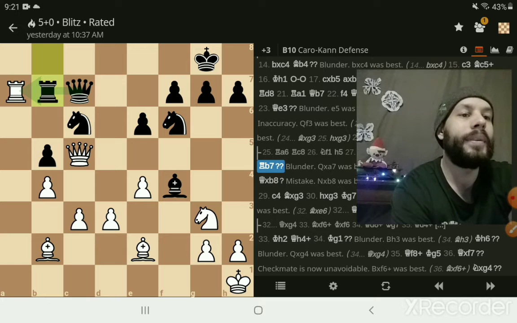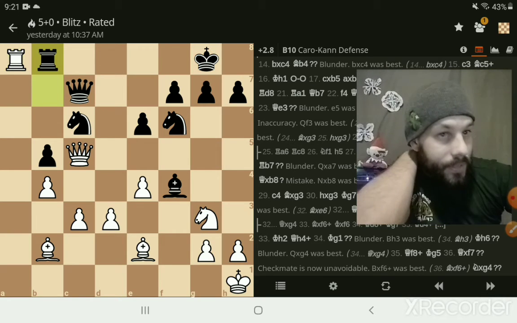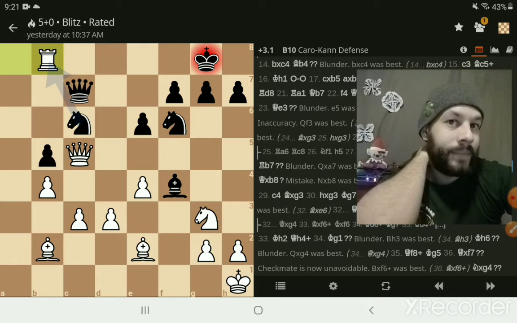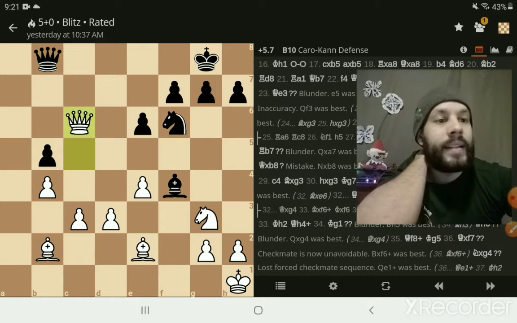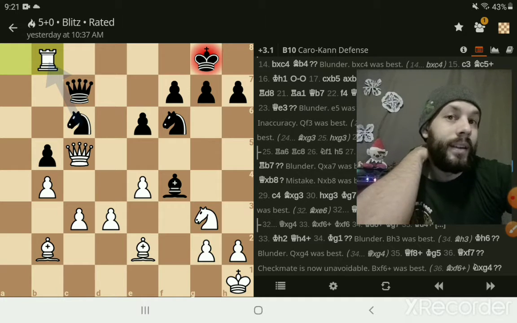Now it should be noted that we're getting really low on time here in our 5-minute blitz. I moved my rook up to give him a check and taking my rook out of danger from his knight. He moves his rook up. I take his rook. I'm just like, it's fine. He takes with his queen. I take his knight. Now, as you can see here, the best option, which for this very reason, the best option,